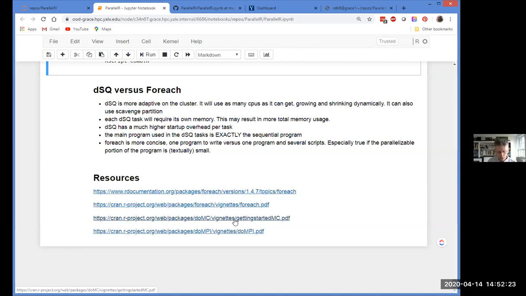And I'll just also remind you to be cautious as you Google and find people's examples, that you try to be clear in your own mind when you see an example, which mechanism are they using? Are they using foreach? Are they using parallel? Are they using snow? Are they using multicore? Because otherwise you'll find yourself getting really confused. Or even if they're using MPI, Rmpi.